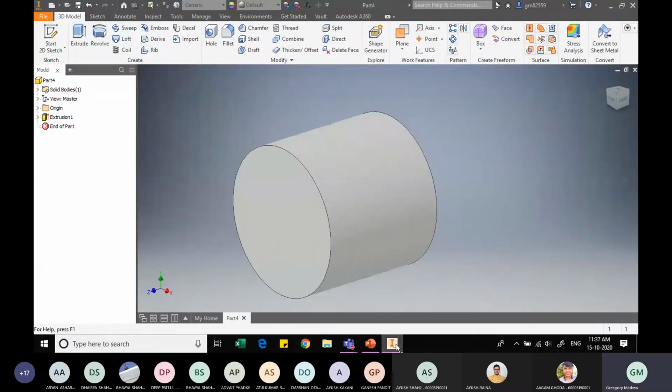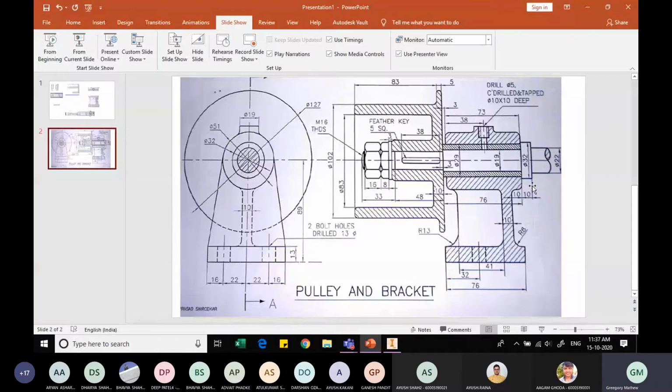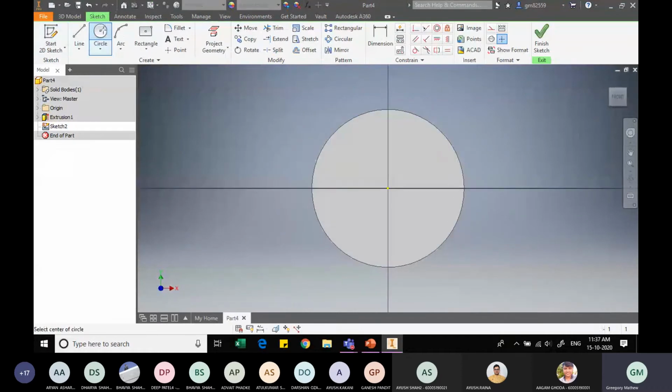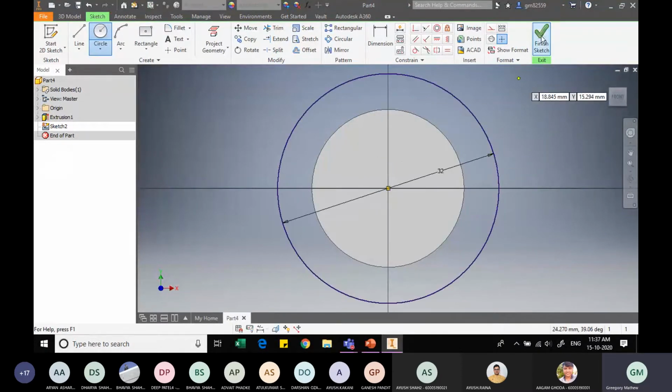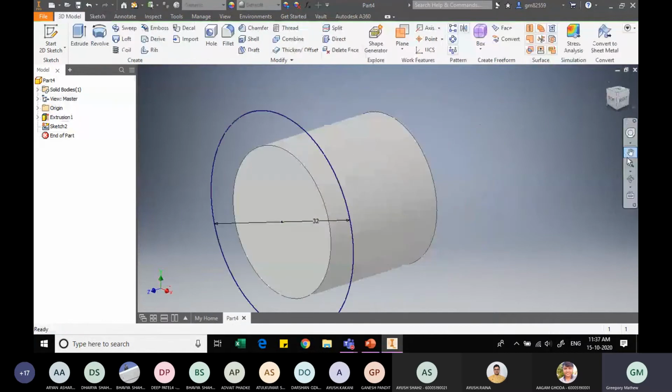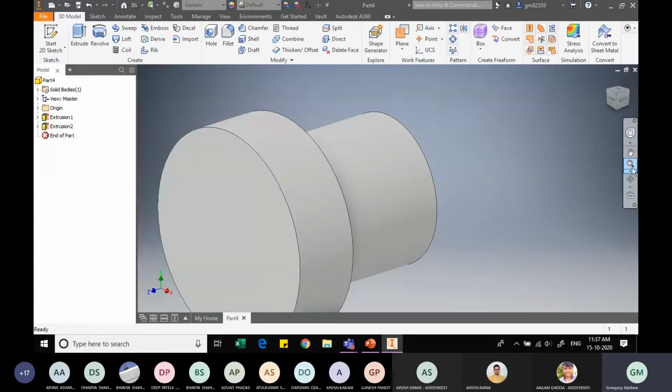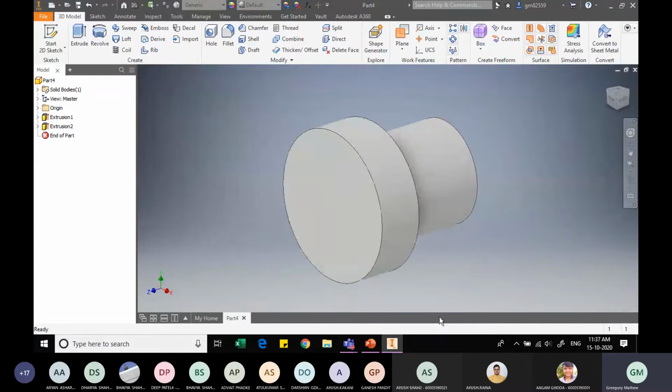Done. Next we have this collar which is 10 mm wide and 32 mm in diameter. So going back here, start sketching on this face a circle having a diameter of 32, and let me click on Finish Sketch, and it has a thickness of 10 mm. So the distance shows 29, I will change it to 10 mm. And now let me reduce the size so that it orients in the center.